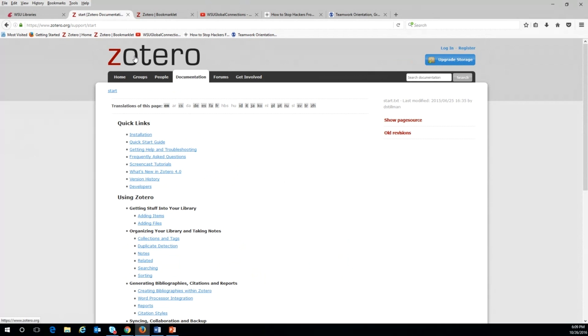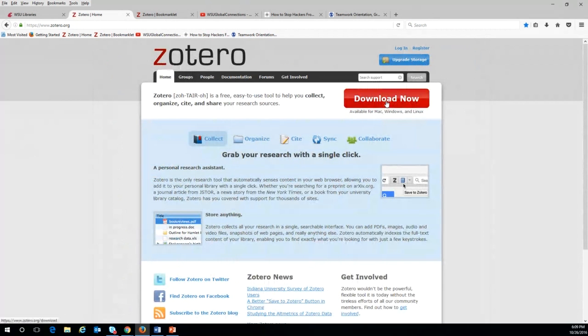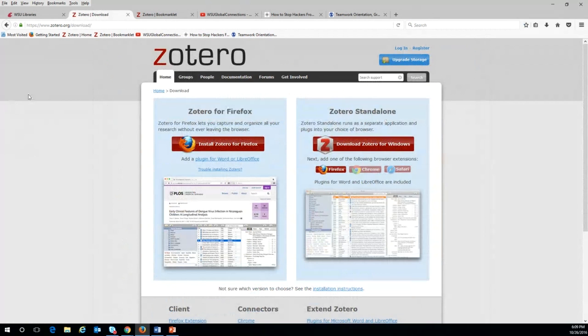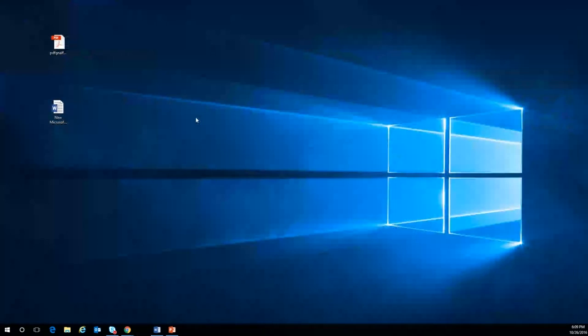Let's go ahead and download Zotero. So I'm going to click on the Download Now button, and it knows that I'm in Firefox and it knows that I'm on a PC, so I'm going to choose Zotero for Firefox. And you can see I've got a little install button here, and I'm going to click OK, and I'm going to install it. And I have to restart my Firefox, and we'll see a blank screen now,